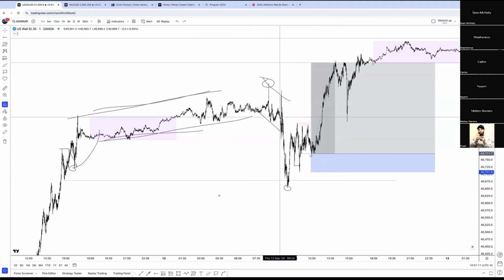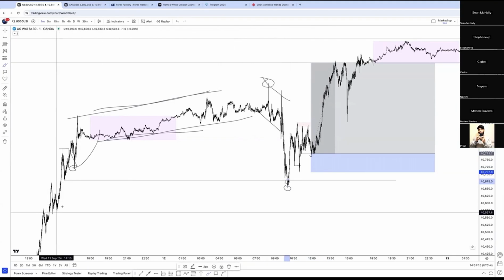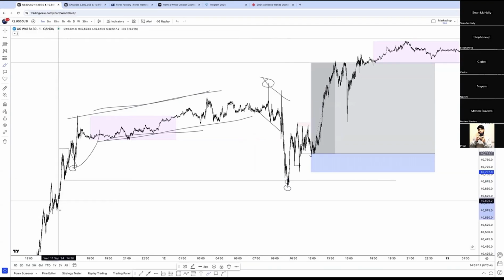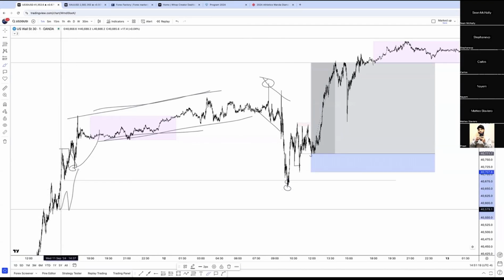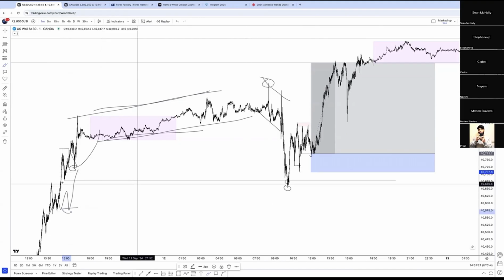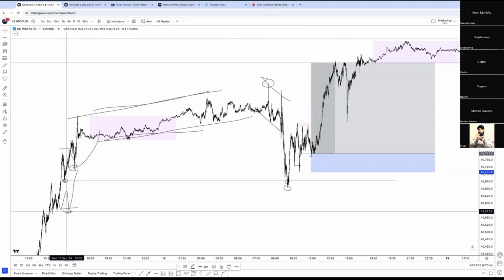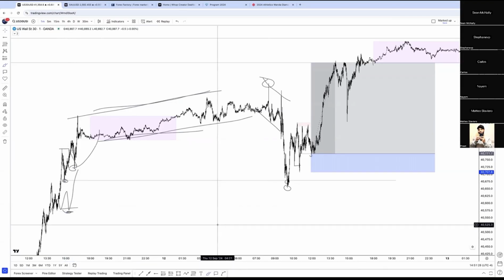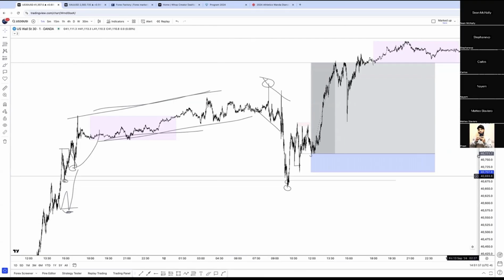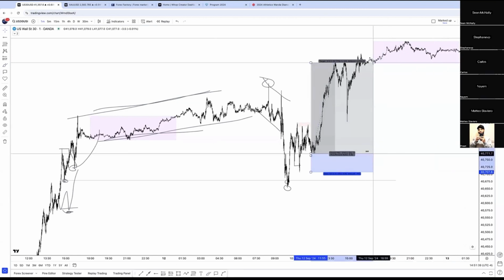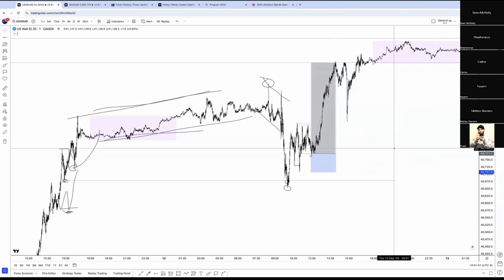Okay? The only way you can take entries below in this area, if you look to the left, you find a liquidity block. So if we had some sort of liquidity block down here, anywhere below here is an entry with your stops below the liquidity block. Okay? Yeah. Wow. Really clean. Really, really clean. And just like that.